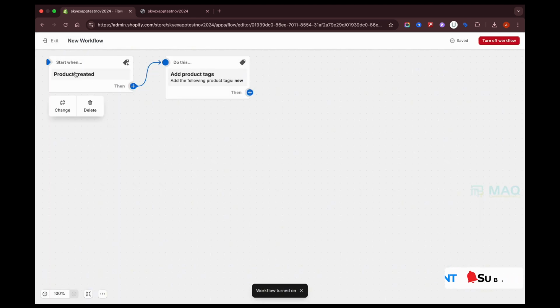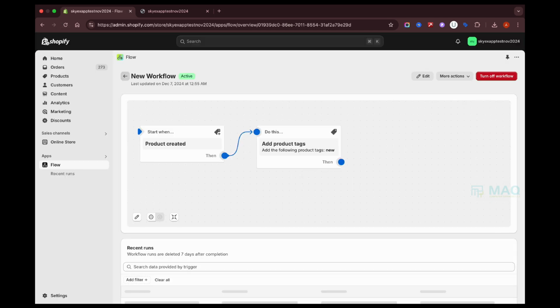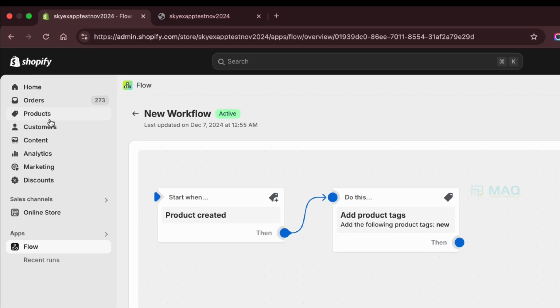So what happens is every time you create a new product, a new tag called new will be added to your product. This is what happens through this workflow. Just click on exit. Now let's see how it works. We can just try to add a new product and see whether it automatically adds the new tag to that product. Okay, just click on products,